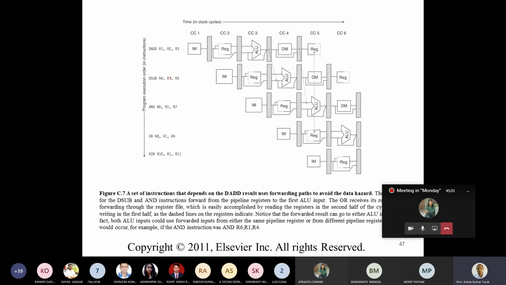This is shown diagrammatically here. This hardware logic detects that this instruction will read the source. Here the source is R1, and R1 is the destination of the previous instruction, the add instruction. So it is one instruction away in the pipeline. This is the immediate predecessor. For the subtract, it checks whether the source is the destination of the previous instruction. The source of this instruction is the destination of the previous instruction.